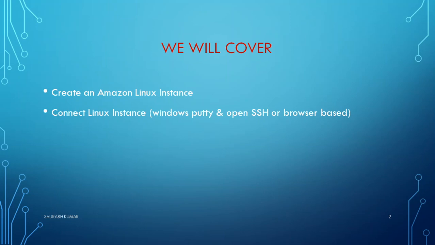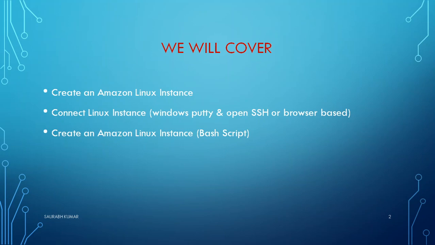Then at the end of this video we are also going to create one more Linux instance with some bash script, where we will put some bash script there which will make some already predefined changes, like maybe you say that if you want to have a Linux operating system running there but you want to have it already updated, you want to have some service already installed or running there, so how you can add those scripts while creating a new Linux instance. So these are the things we are going to see in today's practical part.